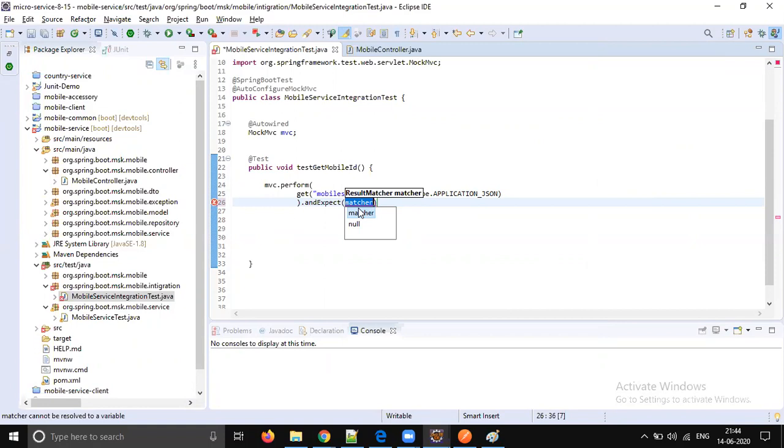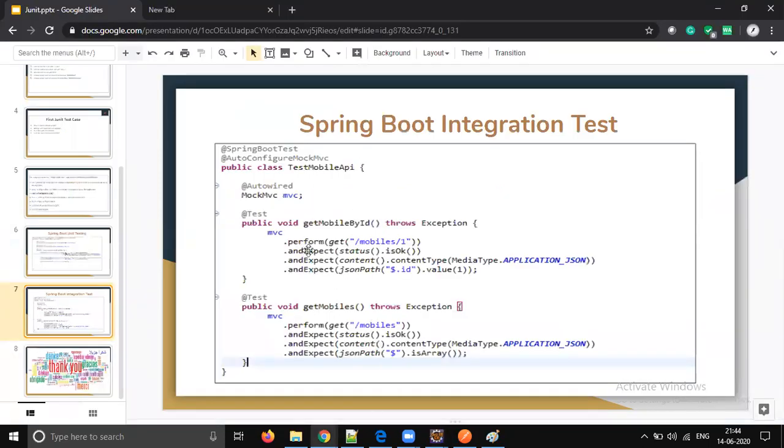Okay, so you're going to get JSON data, a raw JSON string, and you need to validate that JSON string. So you don't need to worry, you don't need to convert it to anything. There is an existing predefined API called JsonPath, and we can say what parameter we would like to validate. For example, expect status.